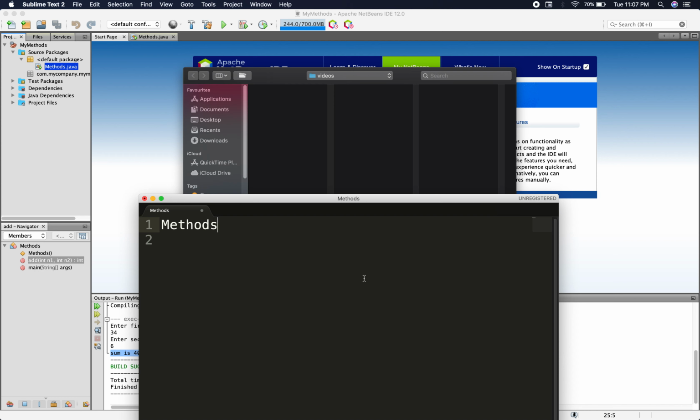In this class, for this particular lesson, we're going to learn about methods in Java programming. Methods are very important in programming. Therefore, more of the time will be spent on explaining how they could be implemented practically in Java. But for this particular lesson, we want to learn to know exactly what methods